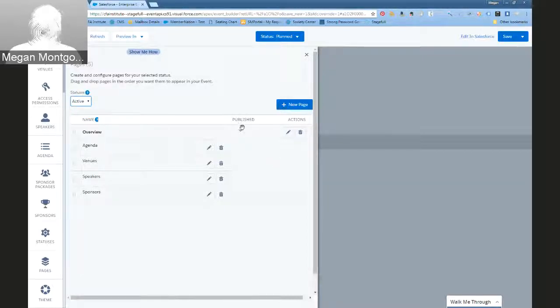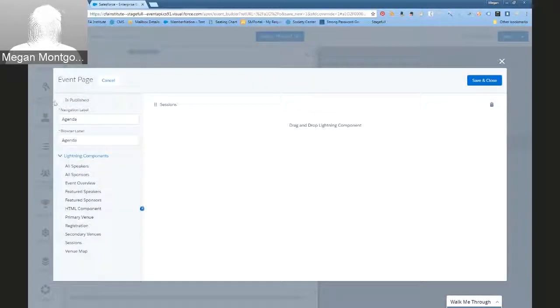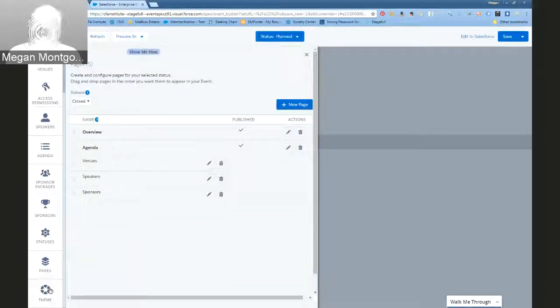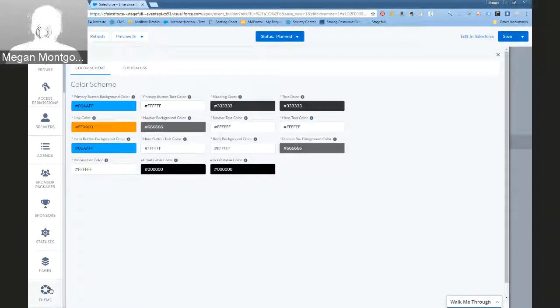And you can see that by default, the overview tab is the one that is published in both active and closed status. If you want to publish one of the other ones, you would just click the pencil icon here. Could mark it is published here, and then again you can see the default components that appear as part of that page, and then you can drag and drop over any other components that you want to incorporate as well. And then the last tab here,